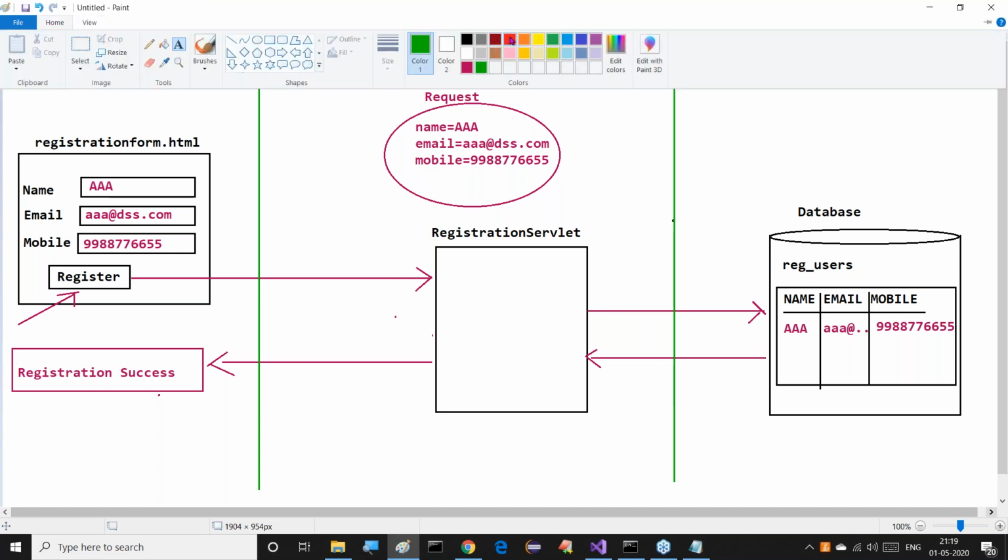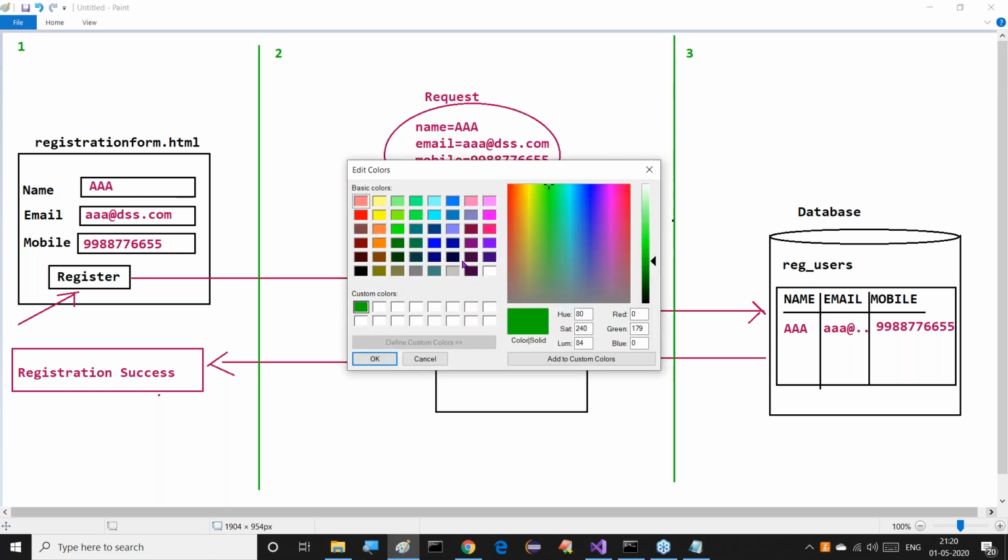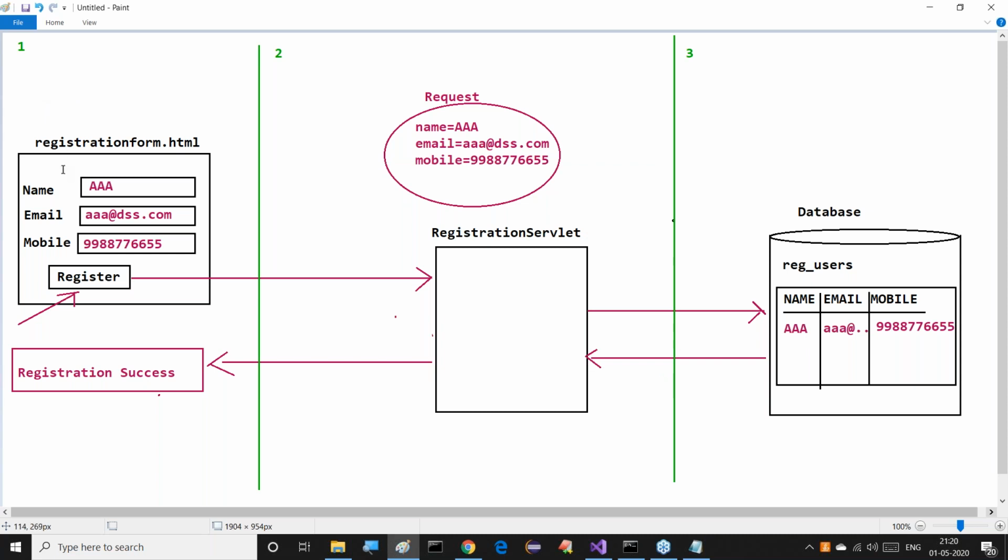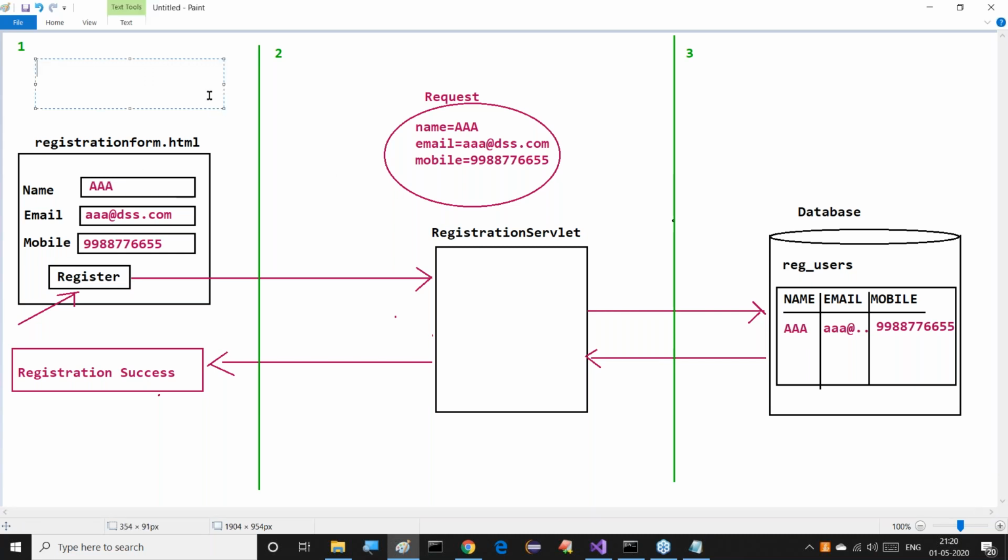Now tell me, sir. I'm asking a few questions to all of you. You have to answer my questions. First of all, tell me, here in this registration form.html maybe, or inside this success form.html maybe, whatever it may be, inside this, is data represented in the form of hypertext format or not?